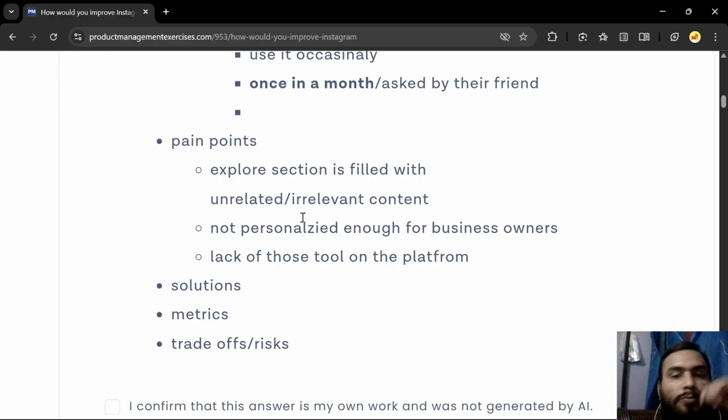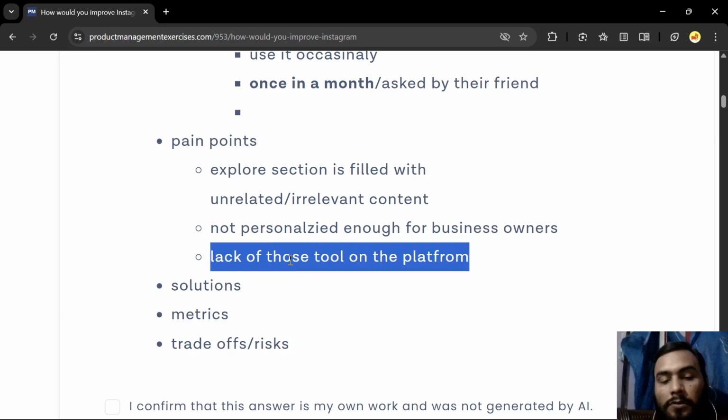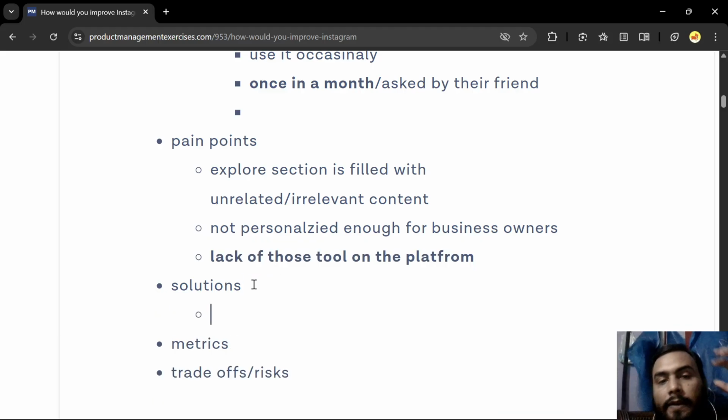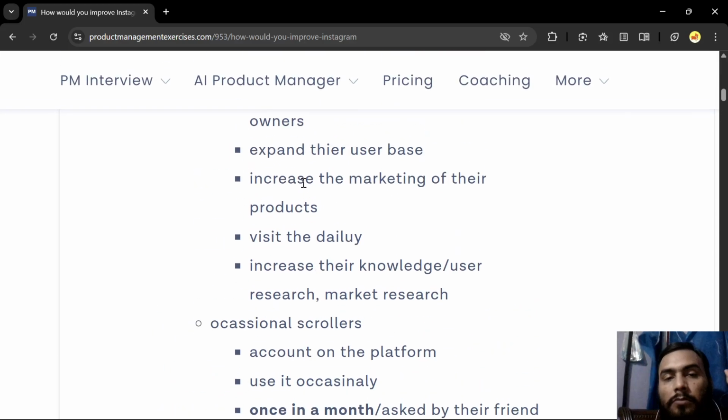So if I were to prioritize one, I would pick this one because I think it directly solves their key pain points. I find that the personalization issue or being filled with irrelevant content can be mitigated once they find the core part of their problem.